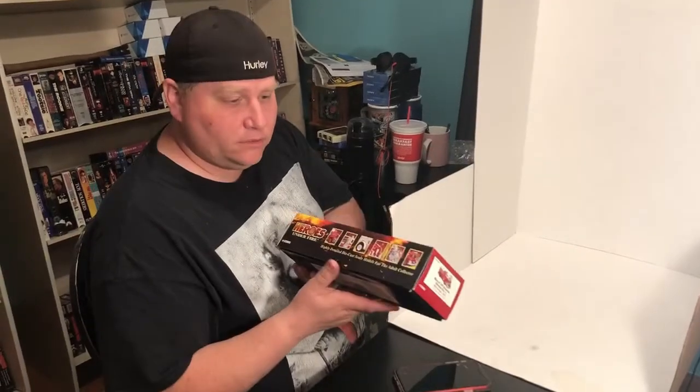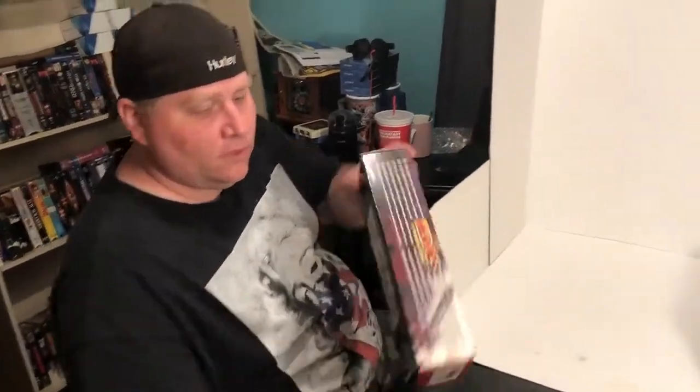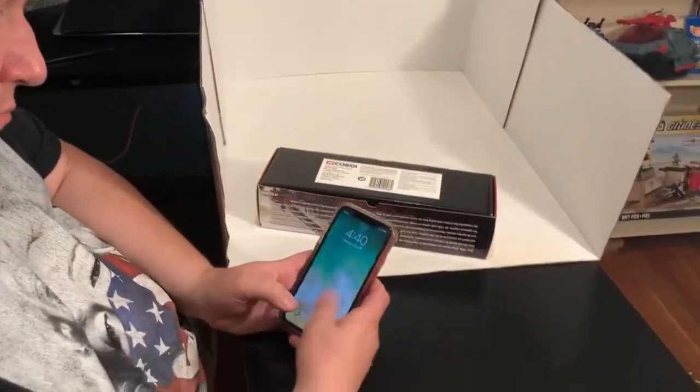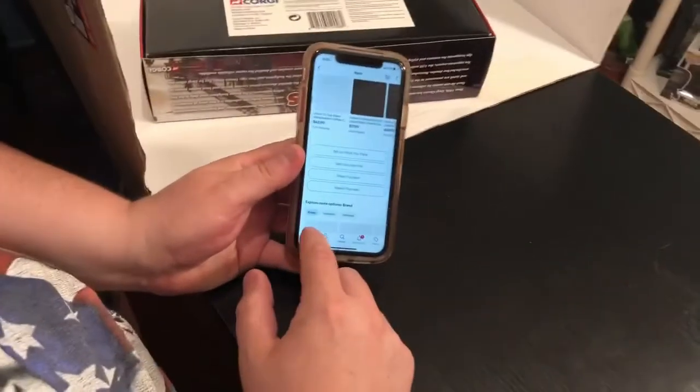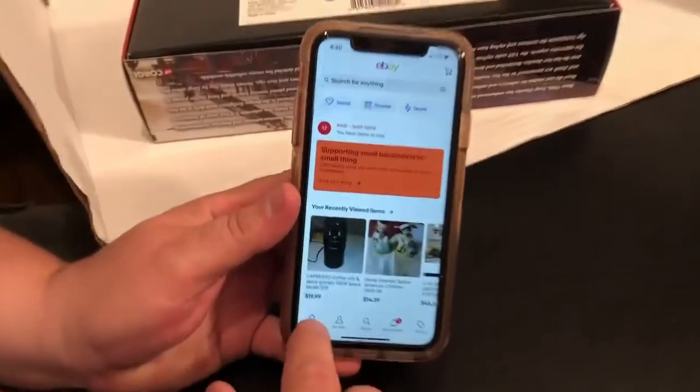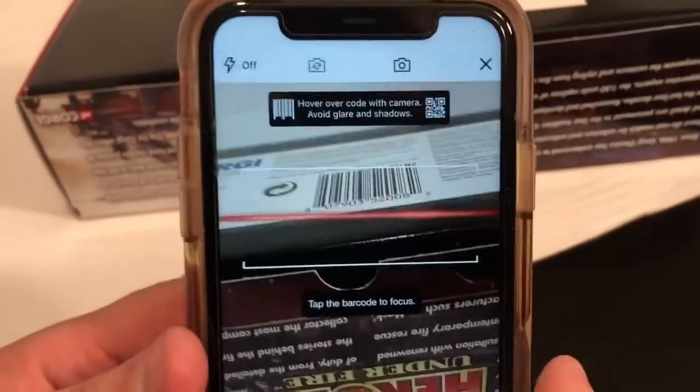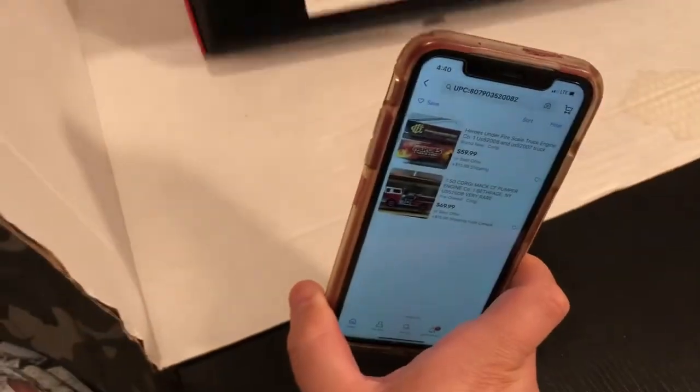This one is in a box. So these are gonna go a lot quicker because we'll go back home on the app. In the top corner, there's a little camera button. That is a barcode scanner. So you scan the barcode, and if that item is being listed,